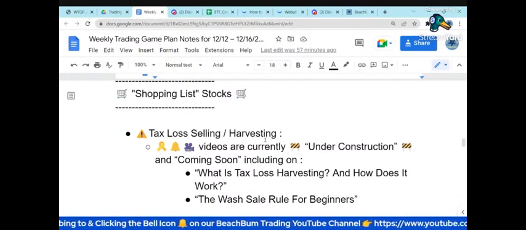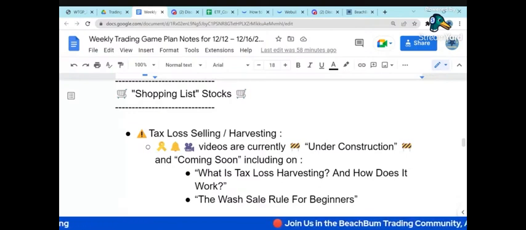Now, an important point in December, particularly in this time frame, is to be aware of tax loss selling and harvesting and the selling pressure that's going to put on stocks that are significantly down for this year. If you've got a stock that's significantly down this year, it may be vulnerable to tax loss selling or harvesting, which means whoever owns it may sell it just to take advantage of the tax loss on their taxes for this year, regardless of whether they like the stock or think it has long-term potential. They're going to sell it now to take advantage of the tax loss.